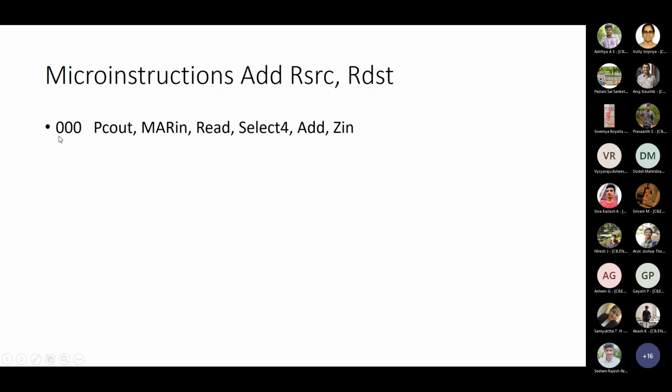Okay. So the first one, can anybody tell me what is this one? These 3 0 0 0. What does that indicate? If you understood the concept, you should be able to tell it. What does the 0 0 0 mean? Value in micro PC. Value of mu PC. Very good. This is the content of mu PC, isn't it?